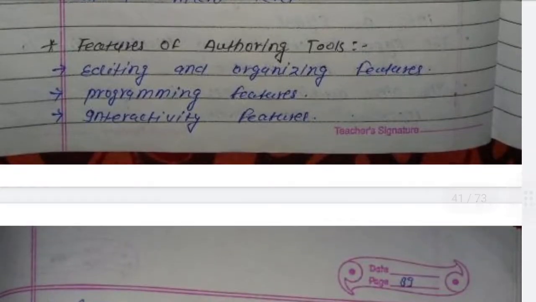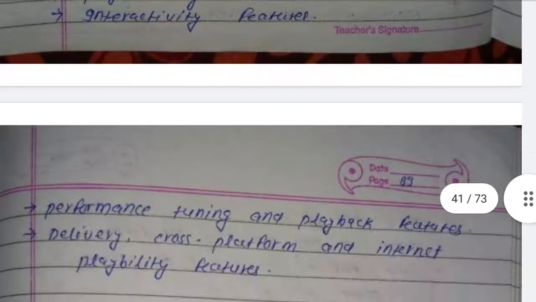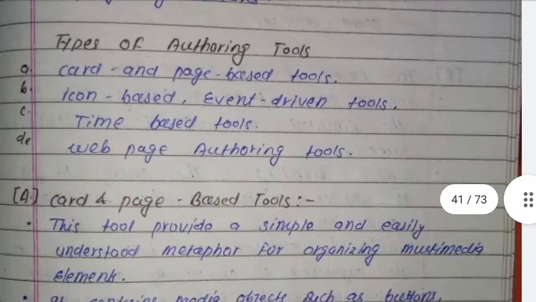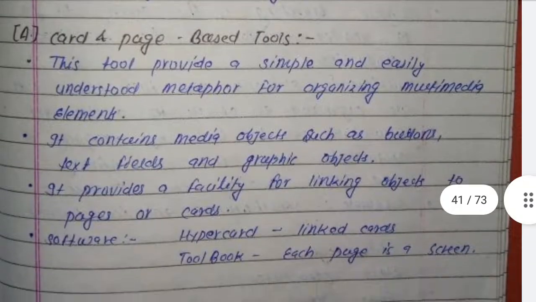Features of authoring tools: editing and organizing features, programming features, interactivity features, performance tuning and playback features, delivery, cross-platform, and internet playability features. Types of authoring tools: card and page-based tools, icon-based event-driven tools, time-based tools, web page authoring tools.